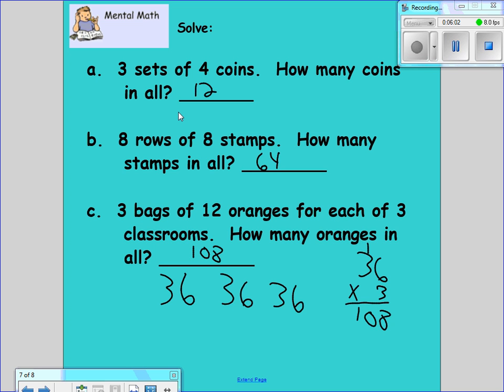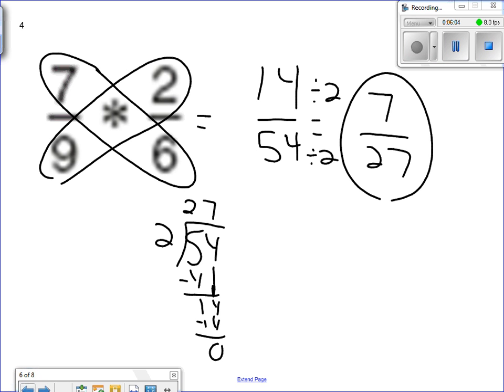Remember that cross reduce? And when we got to this problem right before here, even when we cross reduced in the beginning, we couldn't make it any smaller, but you always want to double check right at the end, even if you couldn't cross reduce. If you have 2 even numbers, you know that you can divide by 2. Remember that. If they're both odd, it doesn't mean you can't divide, because 3 can go into odd numbers, right? But keep those